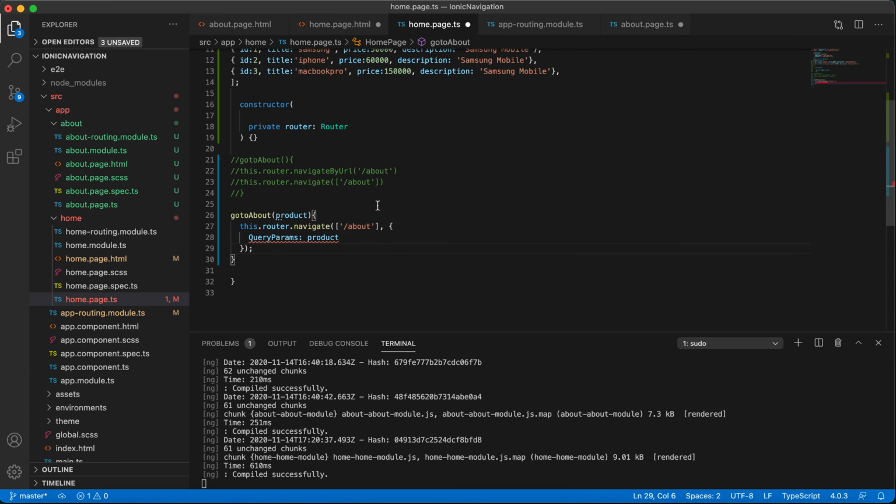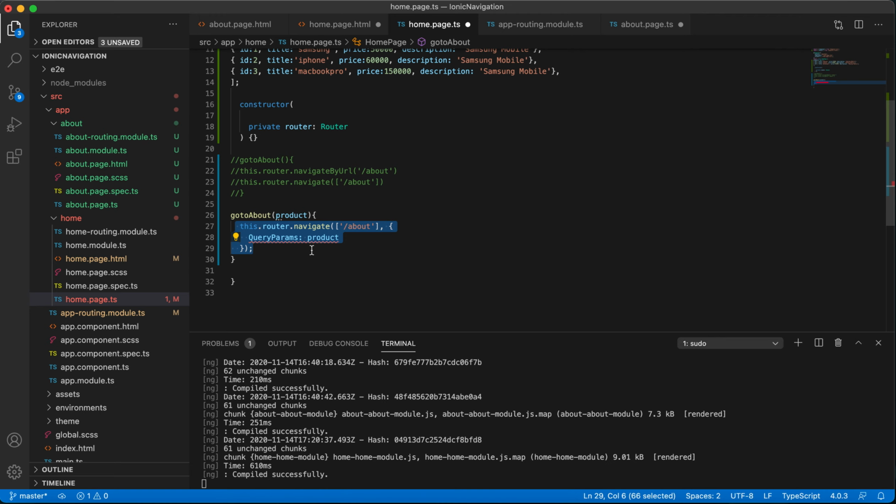This should be an object. Since we already have an object, we are just going to pass the parameters. So here the go to about in the product, that is the parameter section.